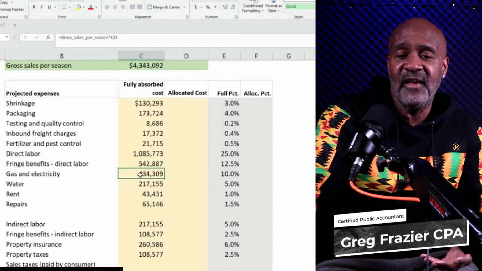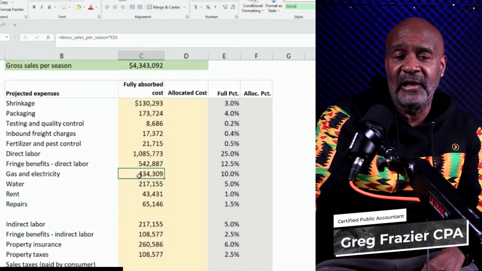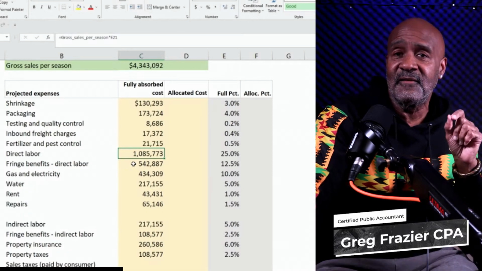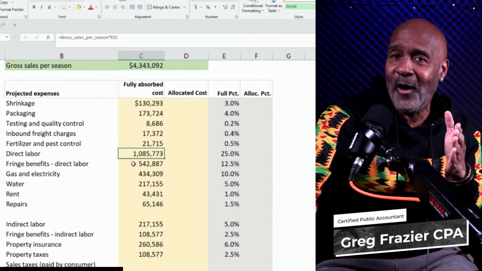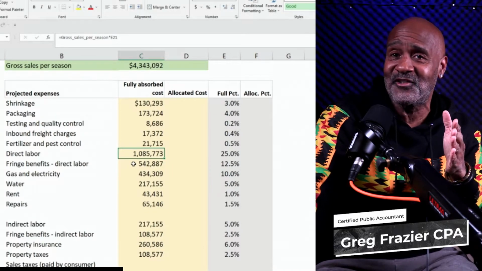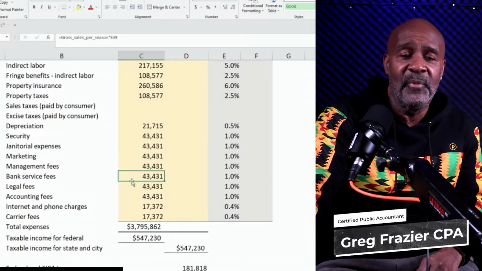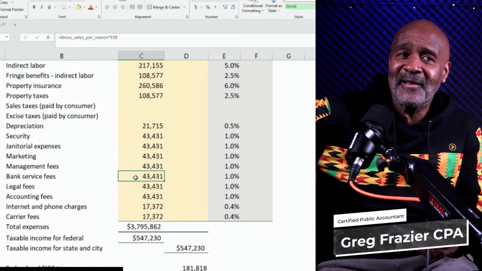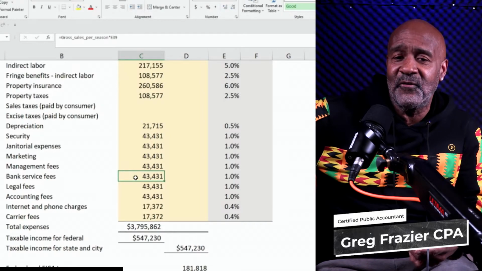This would probably be a savings because we're growing outside, so it would be a little less than that. Your biggest cost here is labor, because at the end of the day, keep in mind, the marijuana business is really the farming business. The bank service fees. Someone might look at that and say, there's no way in hell you're going to have bank service fees of